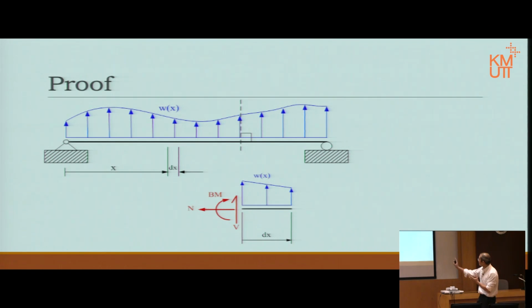Of course, on the left hand side, we already know that every time we cut into the material, we have three unknown forces: the internal forces, the shear, the axial force, and the bending moment. Since we are not proving anything zero yet, we're going to leave it as such. Now, once we move the distance dx, we see the picture before. It means that the value of the axial force N, the value of the shear force V, and the value of the bending moment Bm